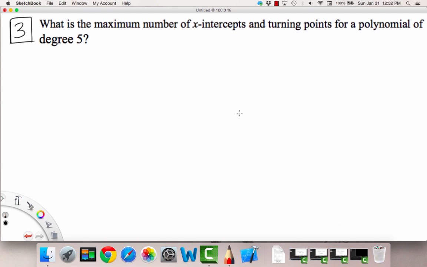Okay, number 3 asks, what is the maximum number of x-intercepts and turning points for a polynomial of degree 5? So, there was this little blip, like a box, in the lecture part of the section of notes that this is in. But basically, the idea behind it was that the maximum number of horizontal, in this case x-intercepts, I guess, horizontal or x-intercepts